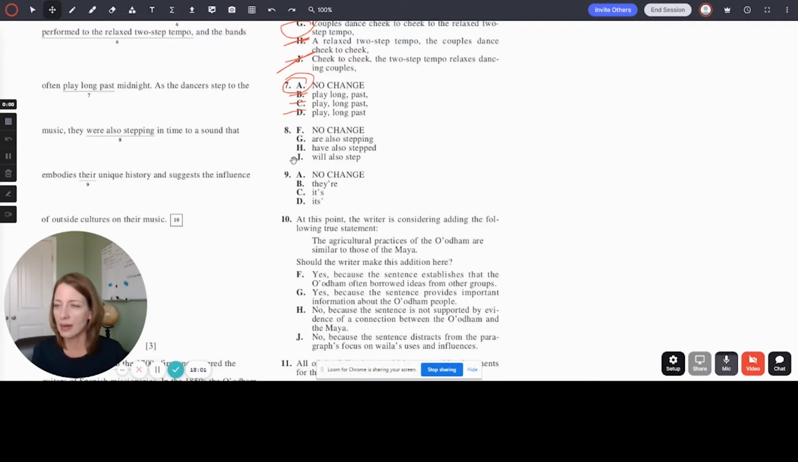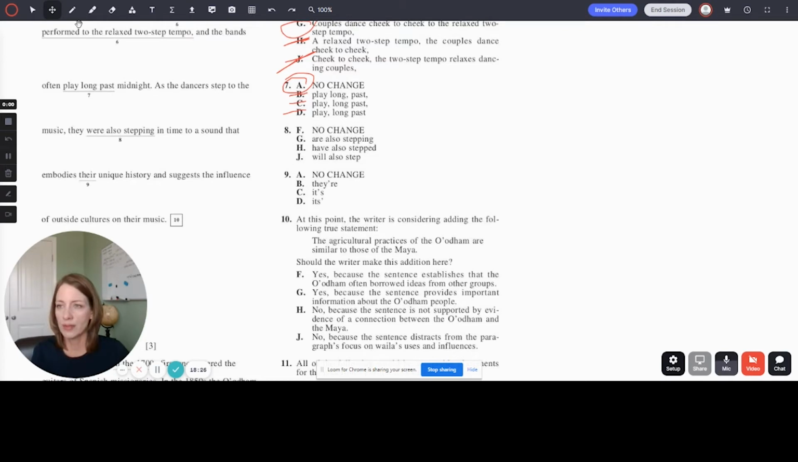So I would probably make my decision there based on... I would stop at history. Okay. As the dancers step to the music, they have also stepped in time to a sound that embodies. As the dancers step to the music, they will also, so